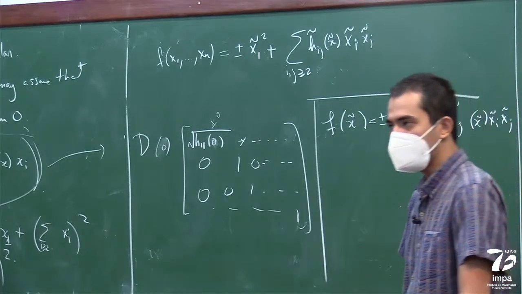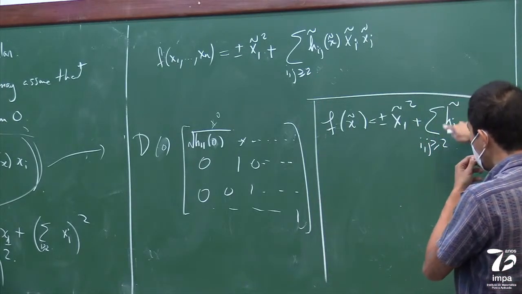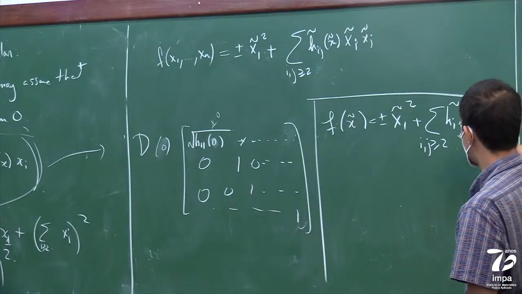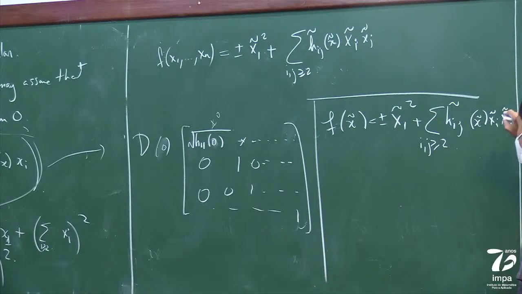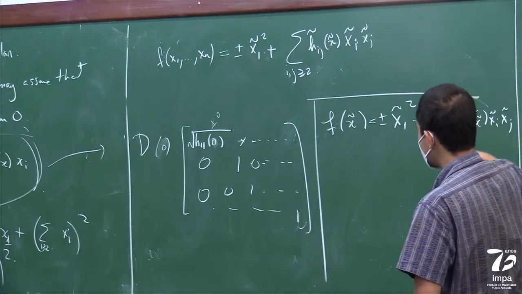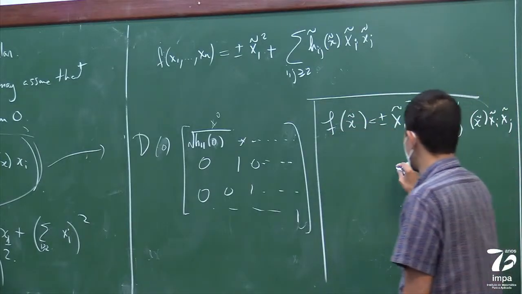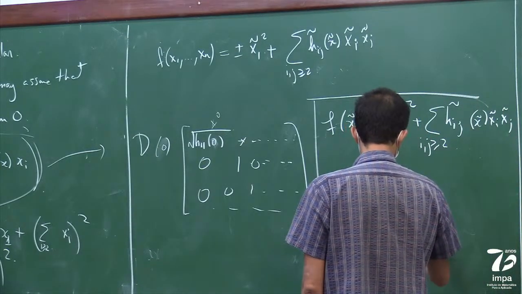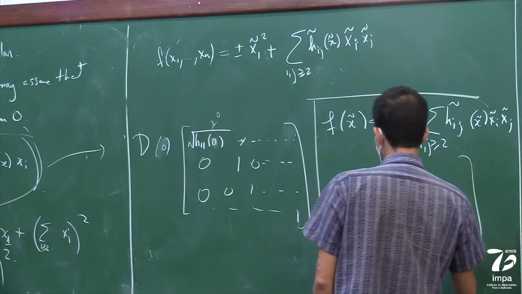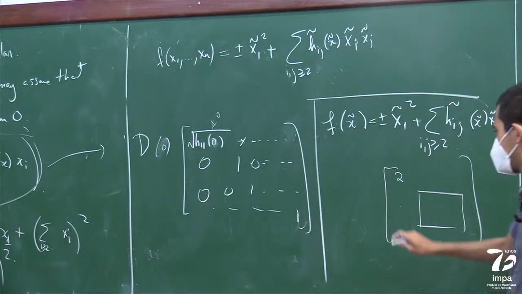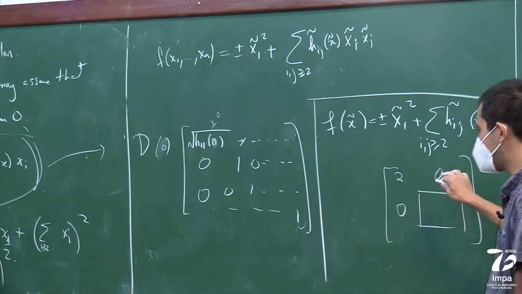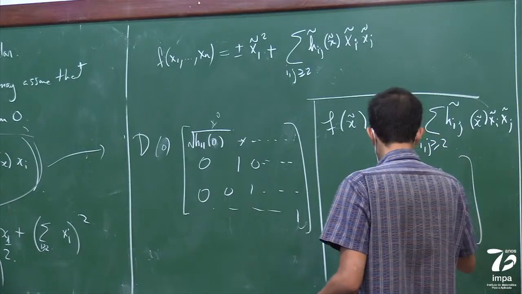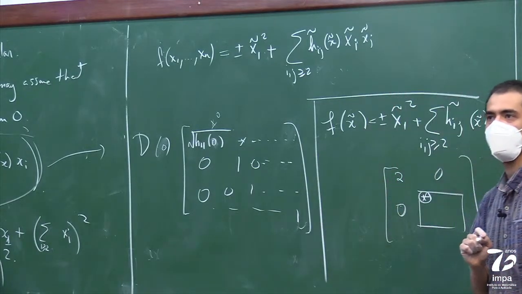And then you do the same thing to come up with something quadratic for x2. Okay? So you basically start with, what's the Hessian of this matrix? The Hessian is going to be 2, and then a second derivative here. So 0, 0. And because this thing is non-singular, then up to a linear change of coordinates, you can assume that this guy here is non-zero.